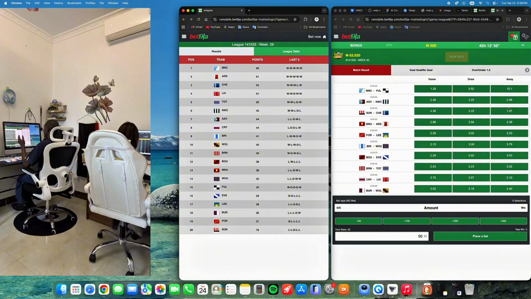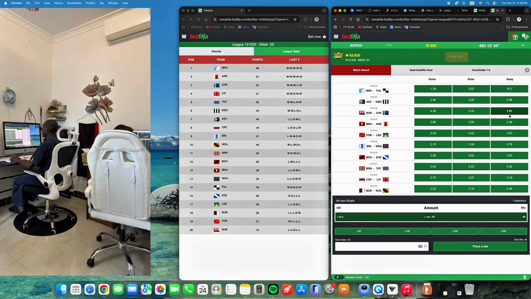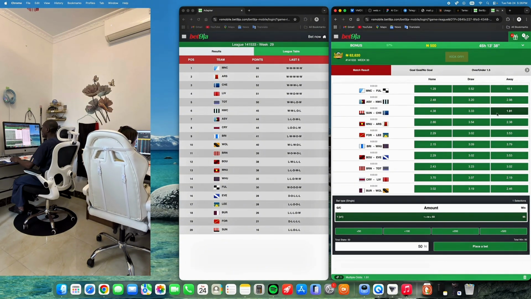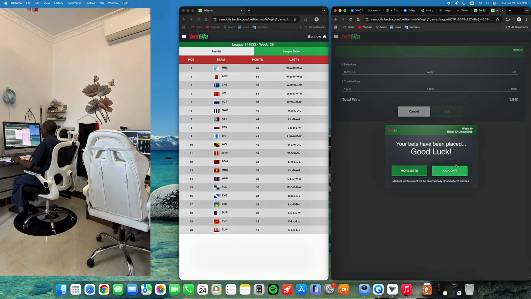Now let's take for instance, now I want to play on this game, okay? So by using back bet, I know that in this odd, Chelsea is sure to win, or Chelsea have 70% chances, or let's say Chelsea have 60% chances of winning in this odd, okay? So let's say Chelsea have 60% chances of winning, then I will bet Chelsea to win with, let's take for instance, I'm using 1000. If I use 1000, I'll make a total of 1910 naira.